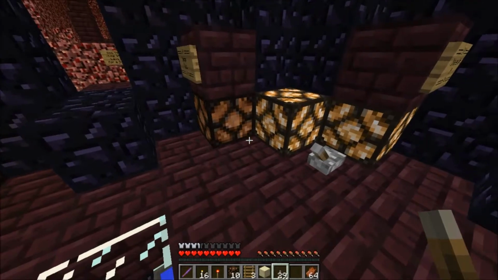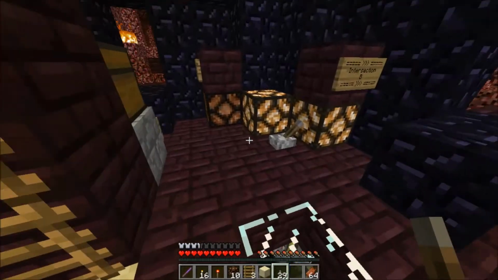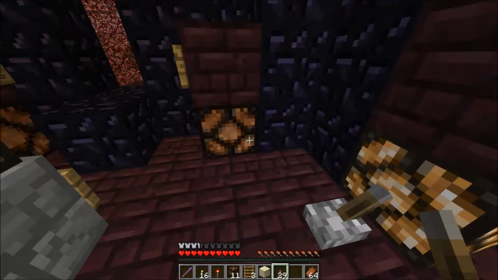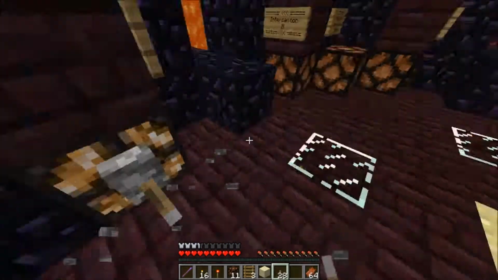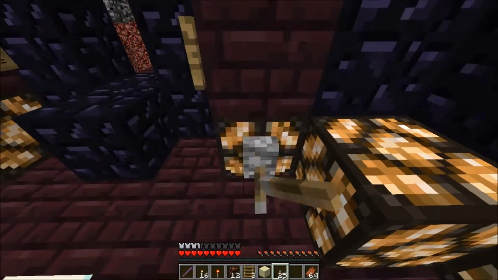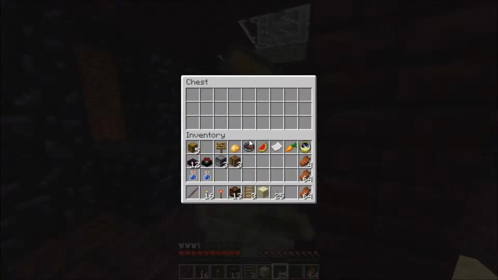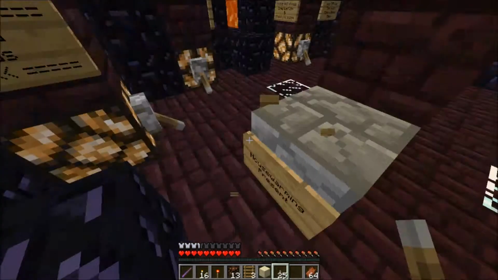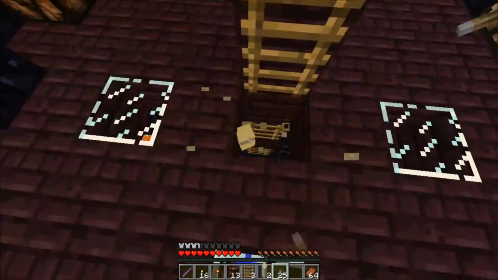So what's the best way to power these? I think... do we even need this one? I think we might be okay if we just do this. Because we can also use these redstone lamps as blocks. I just want to try and make this base a little tidier. I'll actually make it properly off camera. So it's a very small base, and there's not really much room for expansion, because everything's made of...